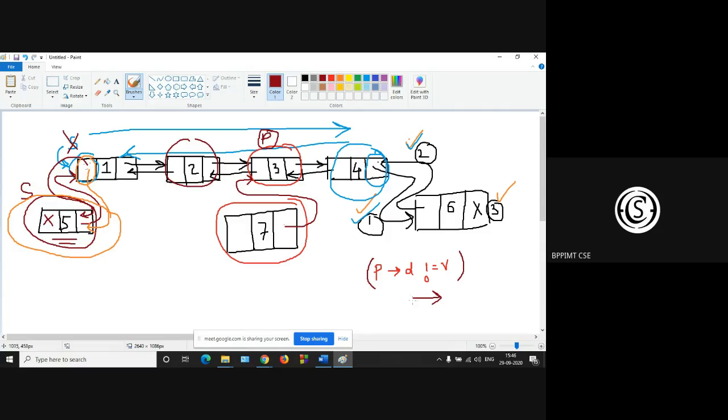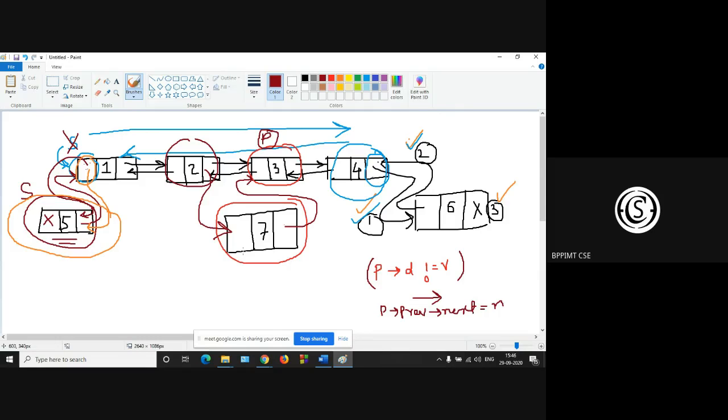So PTR previous, that is P prev arrow next, is equal to your new node N. So make this connection. So PTR prev next is new node,